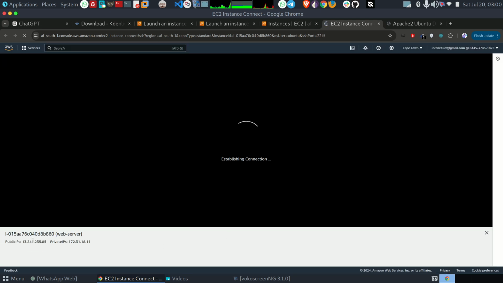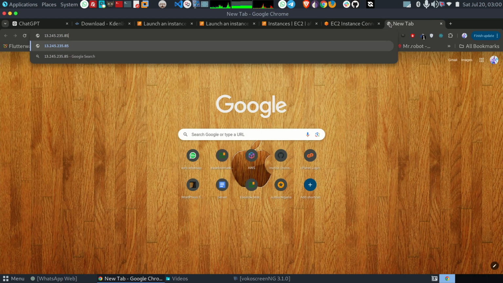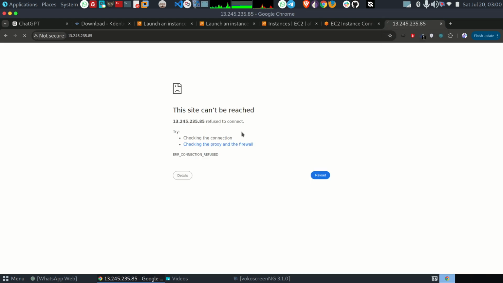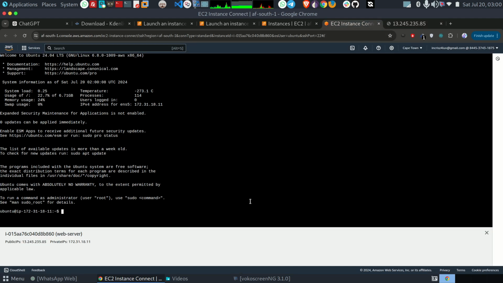So here, down here, you can see the public IP and the private IP address. So if I copy this public IP address and check the web, you can see currently there's no web server installed on the server itself. So now it has given me access to the server's terminal. I just need to switch to root, then update